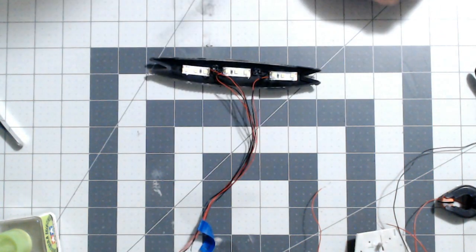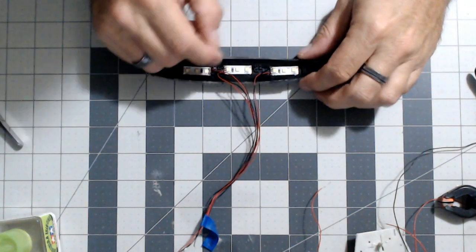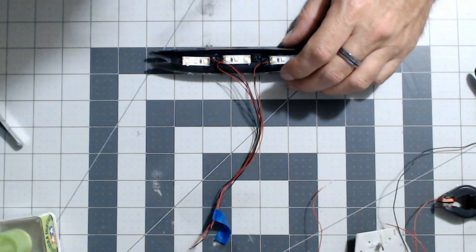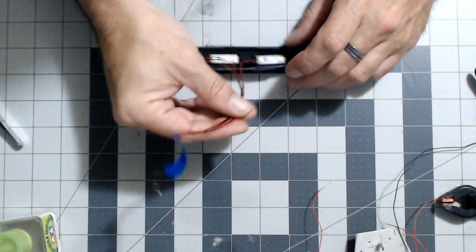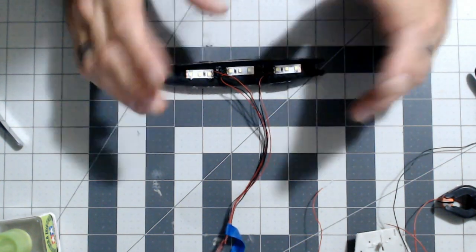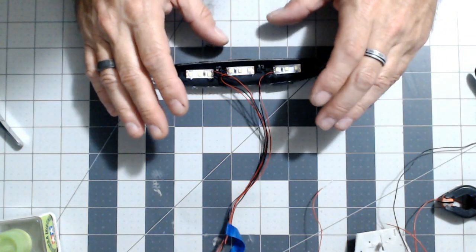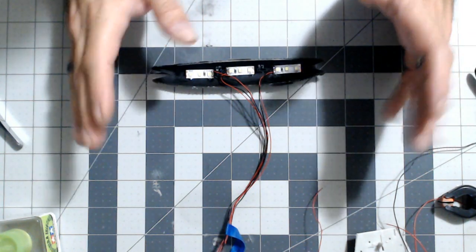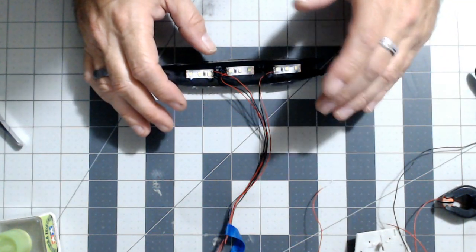So the plan is to spray the whole thing with the base color and have it so all this detail and the wires start taking the shape of some ceiling detail work, and maybe tubes or piping instead of wires. That's the plan. Also, at that point, I'll be able to gauge the light brightness a little better, because it'll have a brighter surface to reflect off of. So if it is too bright at that point, not a problem. I can just change out the resistor from a 430 ohm to a 470 ohm,